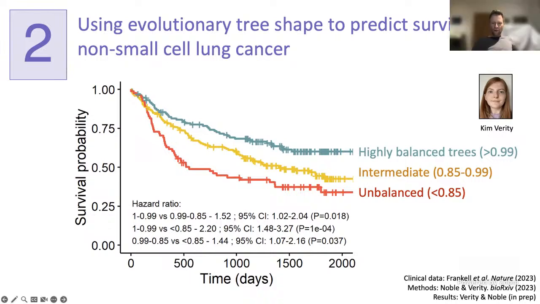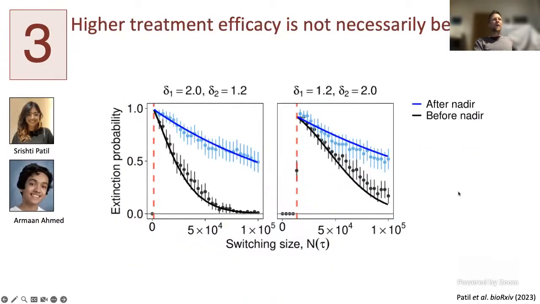Yes, I do have a supplementary slide on that as it happens. This looks at what happens if the first treatment and second treatment have different efficacies. Delta 1 is the efficacy of the first treatment, where higher means a more effective treatment, and delta 2 is that of the second treatment. Here you put the more effective drug first, and in the second case you put the more effective drug second, and you can see the differences. When treating after the nadir, there's not a huge amount of difference in these two scenarios, but when treating before the nadir, you do see some difference.